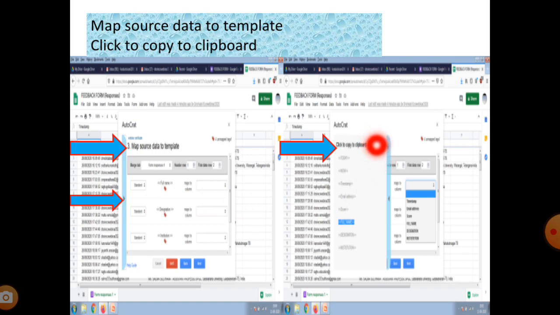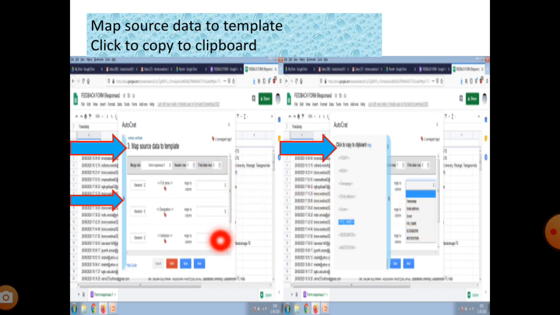After you click on this blue line, you get all these, click to copy to clipboard. If you want full name, whenever you click, it is displayed in blue. After clicking, you can press Control V. First we want the full name, so click Control V. There are small arrow buttons, you can click them, and the same things are displayed in the map sources. So that's why full name, designation.